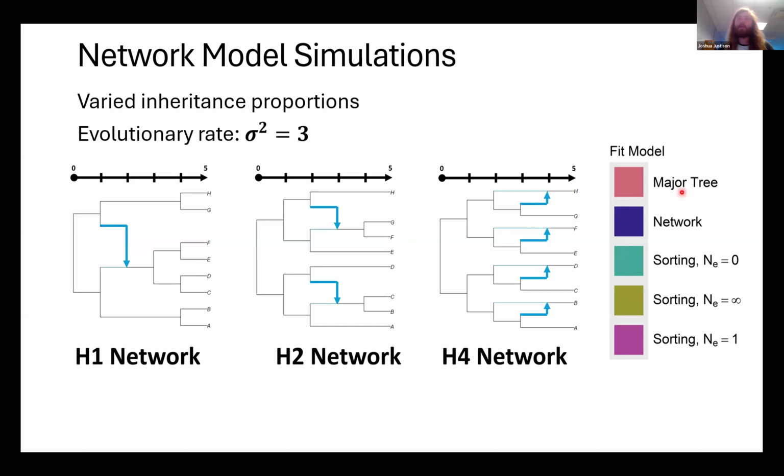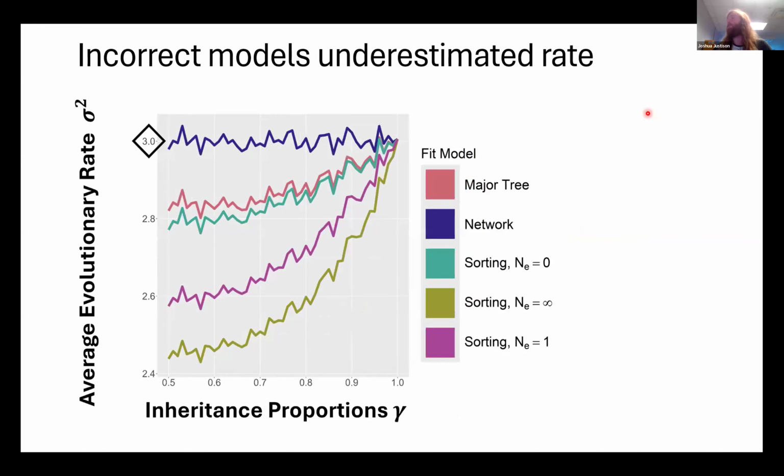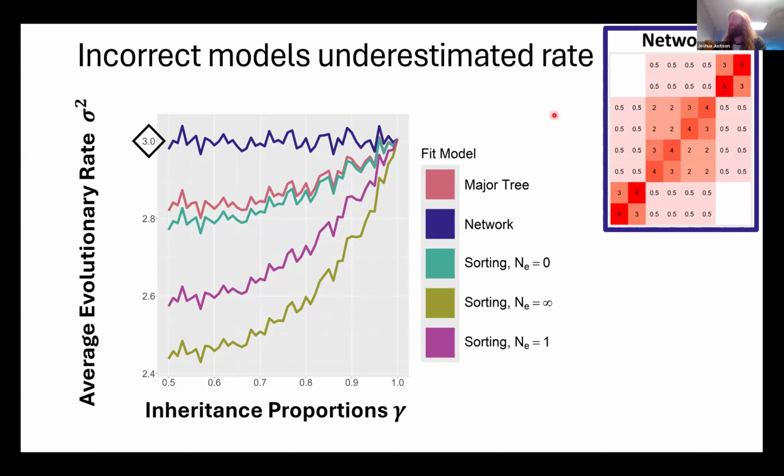First, we fit the major tree, which we can think of as the backbone tree of this network. We fit the network itself, which is the true model. And then we fit our lineage sorting model using expectations from the multi-species network coalescent for a small, large, and intermediate effective population size. And what we found here is that incorrect models tended to underestimate the rate. First, we can notice that the network was able to recover the true evolutionary rate, but everything else tended to underestimate it. And we primarily attributed that to the reduced covariance property